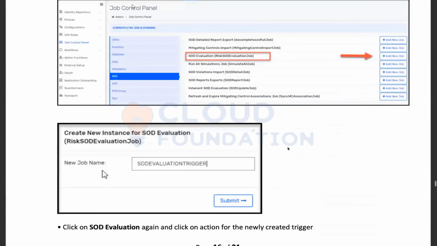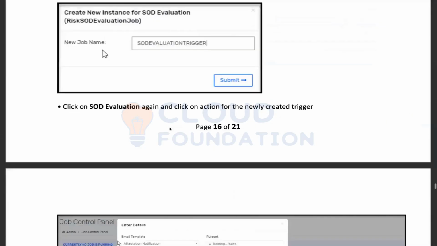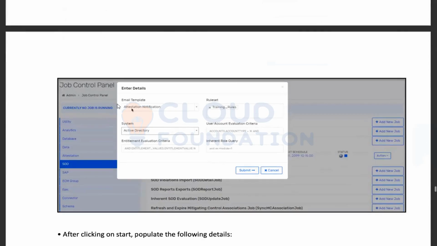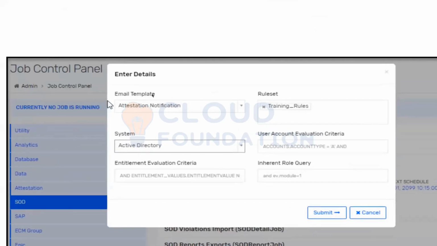When you click on add new job, you will have to give a name. You will also have to provide the email templates, the rule sets, and the system that you want to create this report for. Obviously, we are creating it right now for Active Directory, because both of our groups were from Active Directory.